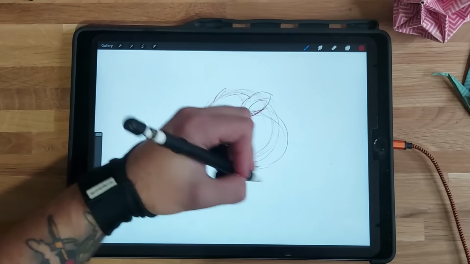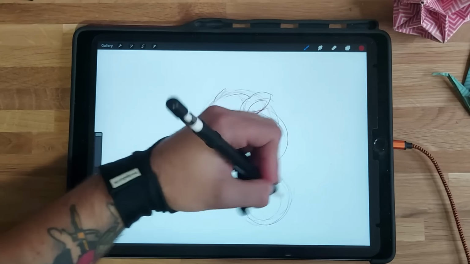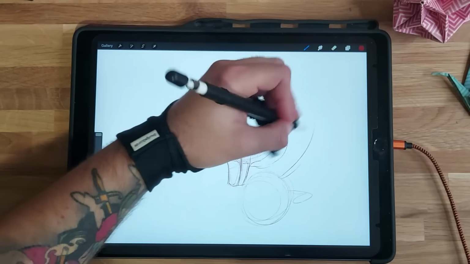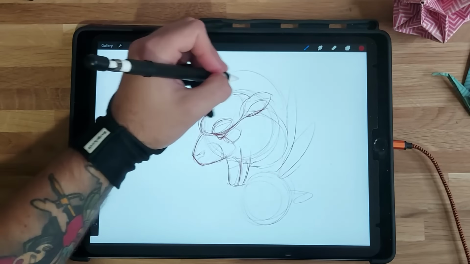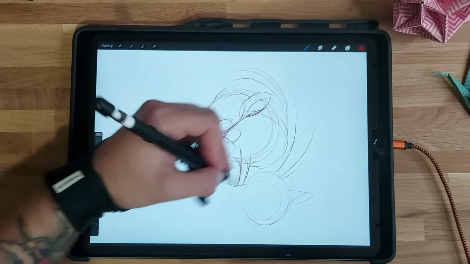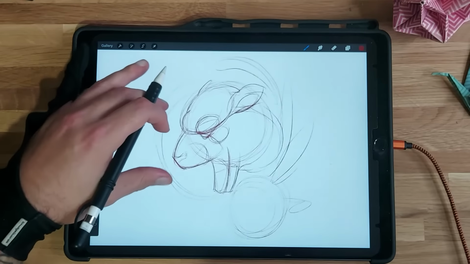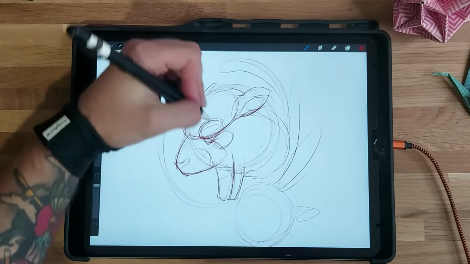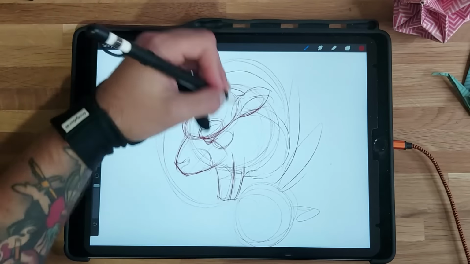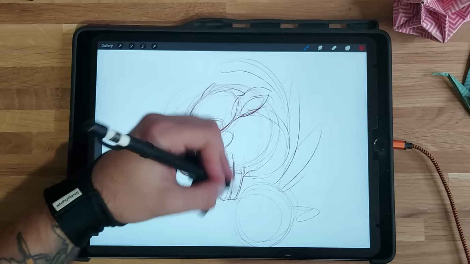Underneath this, I might have a bit of a rose here. I'm going to have some leaves coming off. He's going to be wrapped around with a bit of a light on the other side, like a big neotrad. But this is the basic frame. So you've got a big circle, a small circle here, this triangle shape, and this box shape down here